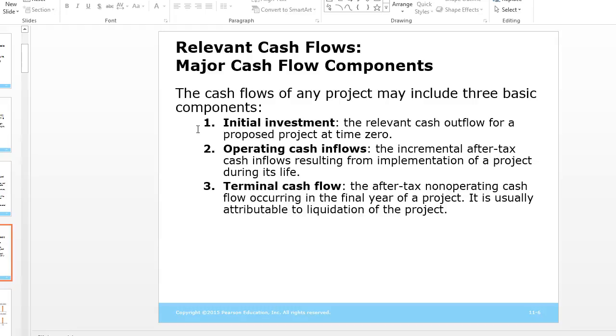You'll be computing the initial investment for a project, the money that is going to come out of your pocket to start the project. Number 2 is the operating cash inflows, the money that results from the implementation of a project. And of course, everyone hopes that's positive and cash comes in. And then there's the terminal cash flow in the final year of the project. It comes down to, are you going to liquidate it, scrap it, or just salvage it? So these three components you'll be